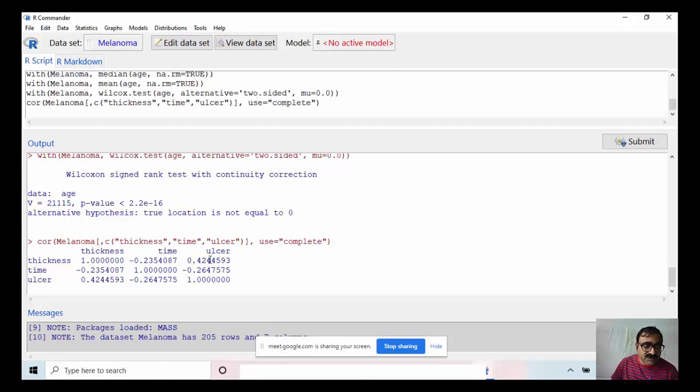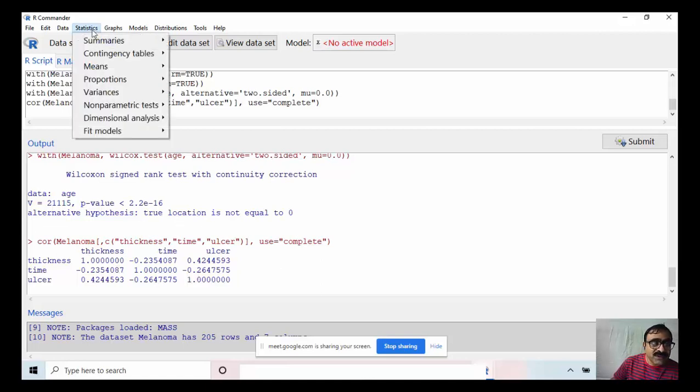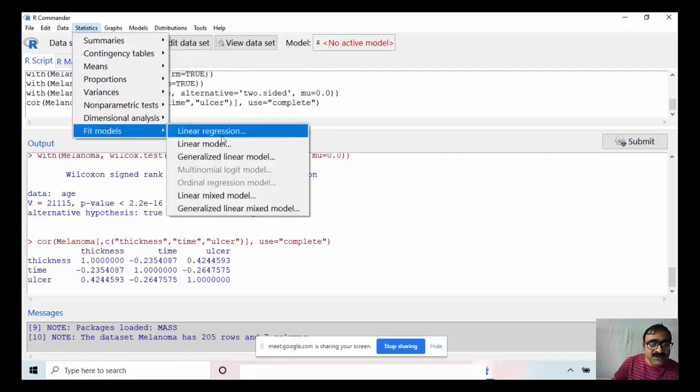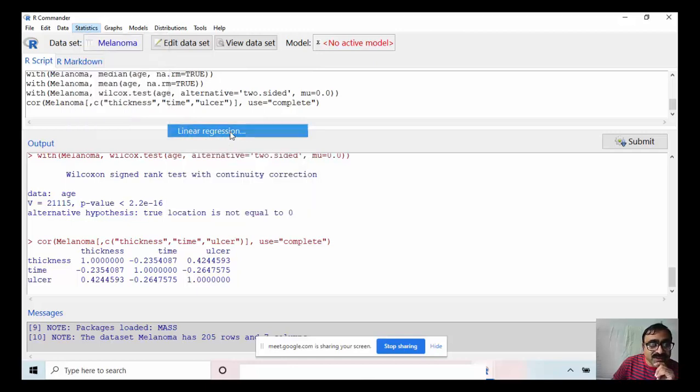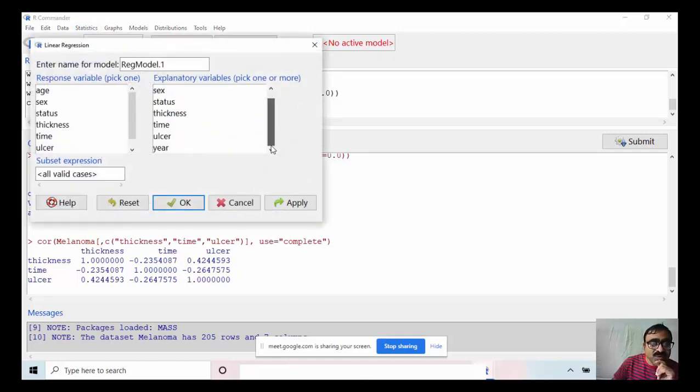So once we know from this correlation matrix that two variables are correlated with each other, I will select those variables which are correlated with each other. That means there is a high degree of correlation. Then I go for regression analysis, fit models, this linear regression model. Here I have to choose the dependent and the independent variables. Here the response variable and the explanatory variables, these are the independent variables.